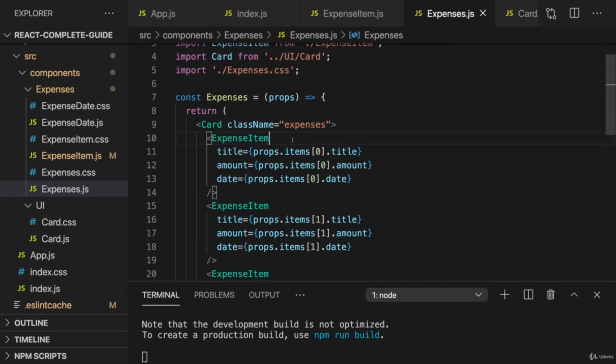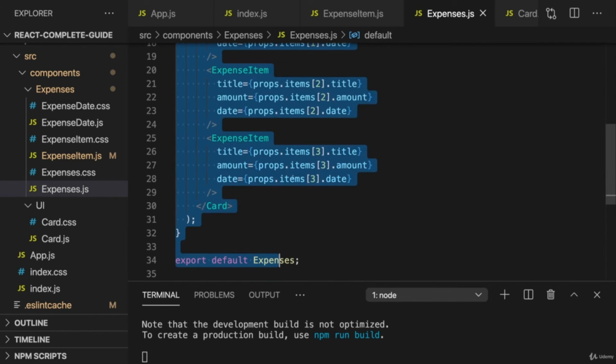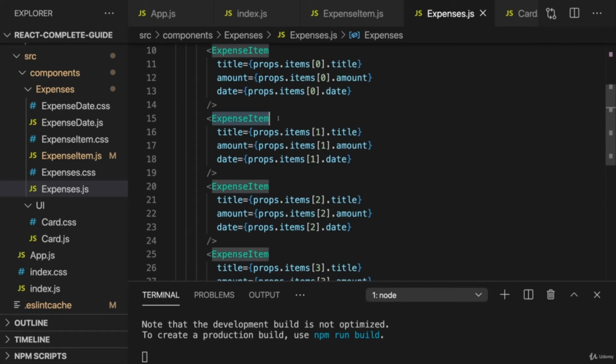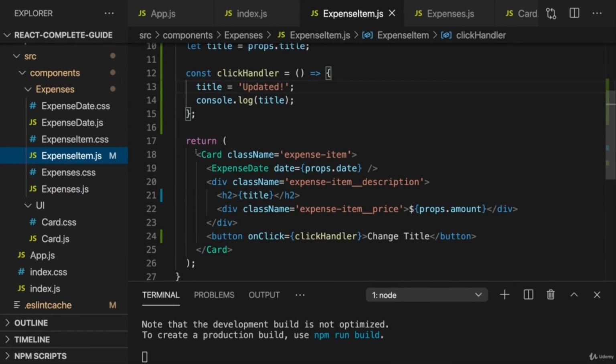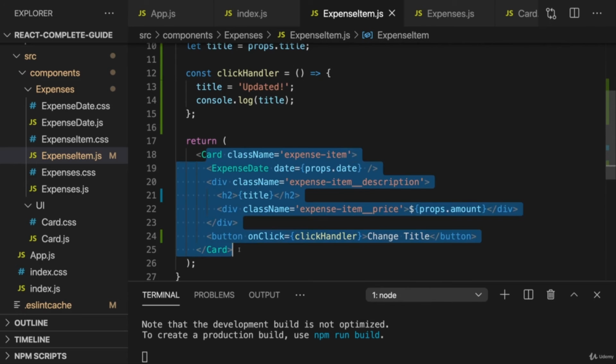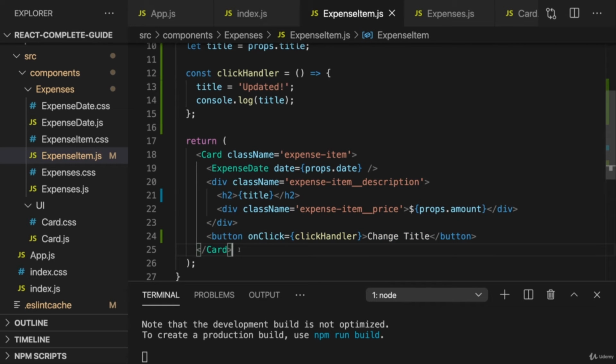Well, the thing is, under the hood, this is almost like a function call. By using our components in JSX code, we make React aware of our component functions. For example, here, we make React aware of the expense item function. And whenever React evaluates this JSX code, it will call these component functions. And these component functions then return JSX code, which is also evaluated, up until there is no more JSX code